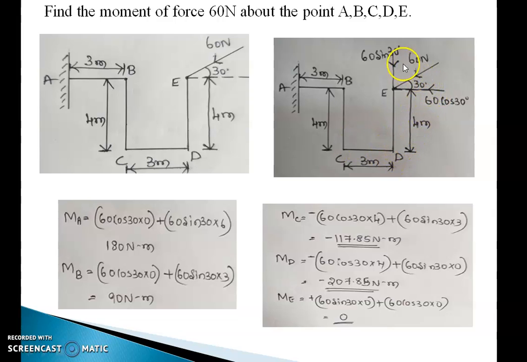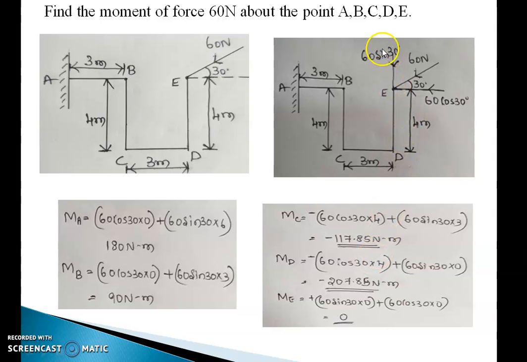And next, I need to find the moment about D. As I resolved these two forces, I will take any one of the forces. I will take this as the first force. Now D is my moment center. Moment about D equals 60 cos 30, a pure horizontal force. I need the perpendicular vertical difference between E and D, which is 4. So 60 cos 30 into 4, and this particular leftward force at E causes anti-clockwise movement about D, so it will be minus.